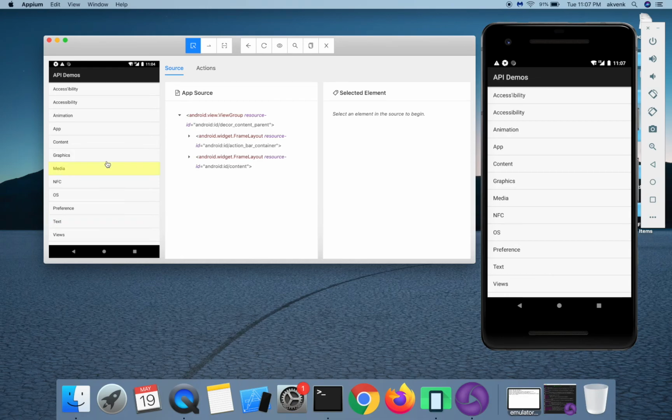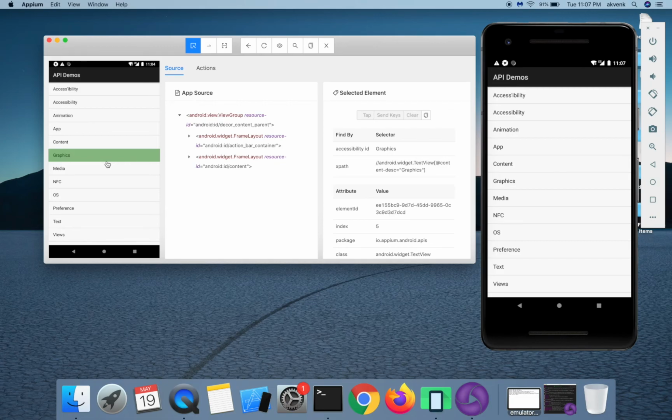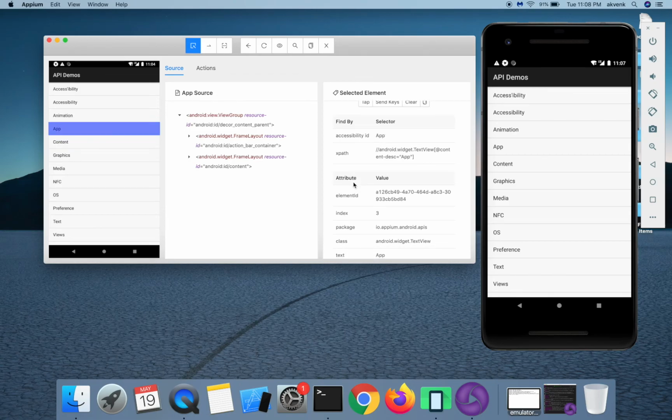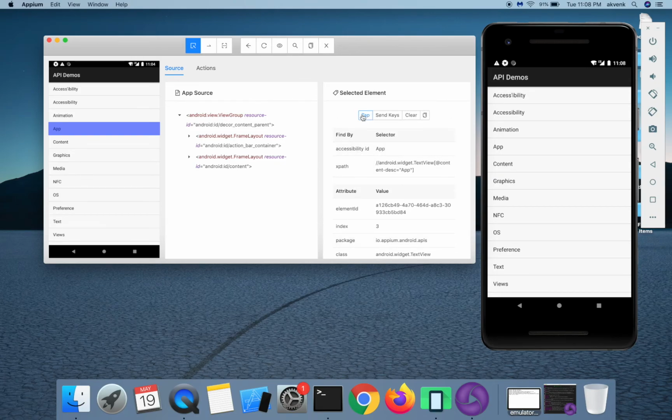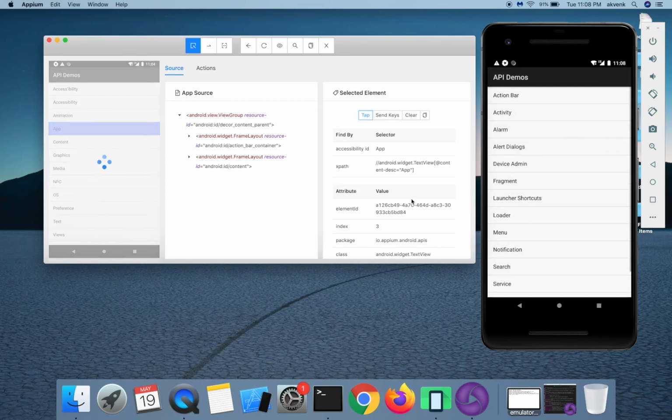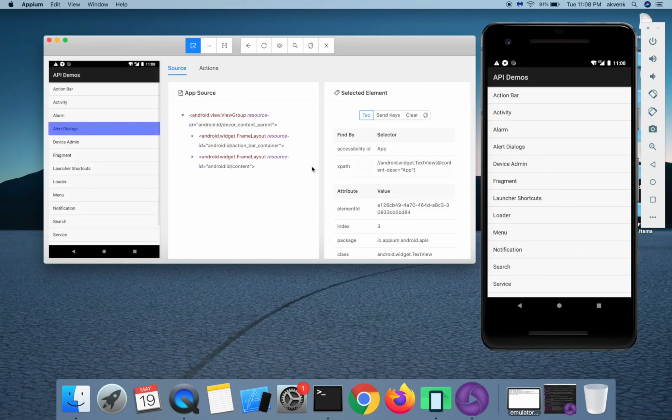In the same way as we did for iOS, you highlight the element for which you need the locator, and then in the right side you will see the element properties, and in the same fashion you can perform actions on the elements. If I choose tap, it's going to perform the action on the app and then take a screenshot of the new screen. On the top you see a bunch of options